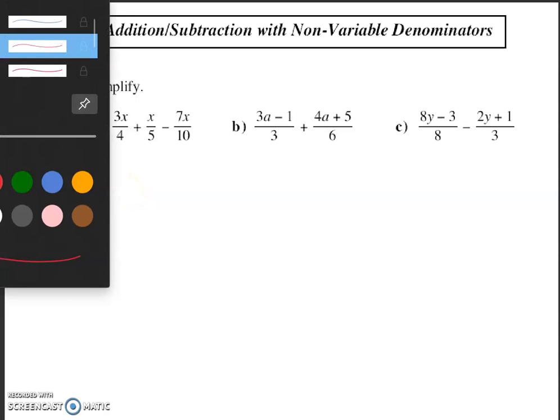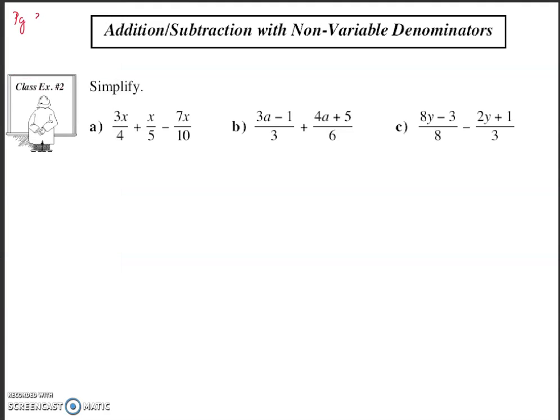All right, let's take a look at example number 2. This is still on page 385, and we're going to take a look at these examples. You'll notice that the denominators here still are numbers, even though now we have variables in the numerator. So really nothing is changing here. The method will be the same, and we don't have to worry about our non-permissible values because there are no